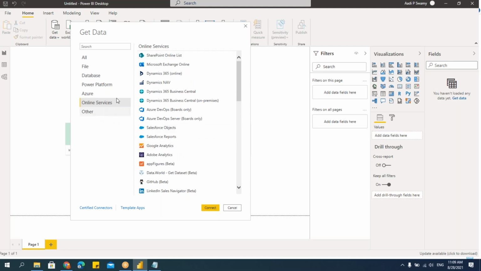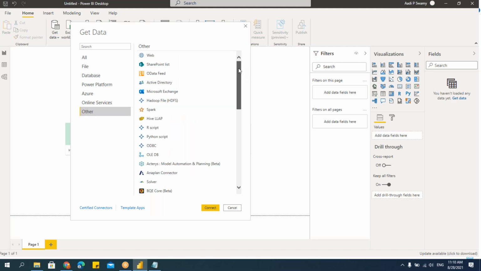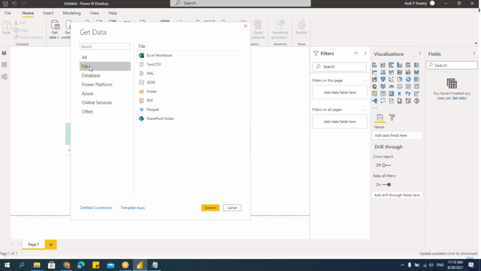Then Others. Apart from all this, if you think that there are many other ways of connecting the data, you can go and connect it here. So this is the different types of data sources we can connect. Now, how to connect the data? Just to follow this, I'll tell you, this is the simplest thing. People actually feel it's very complex. I'll tell you how simple it is to import. The only thing is you should follow a few steps and understand a few things. That's all. Let's say I'll go to this File.